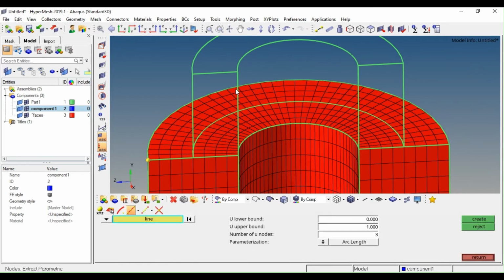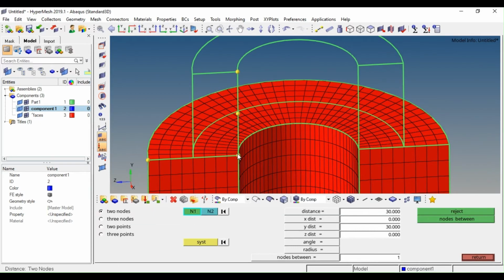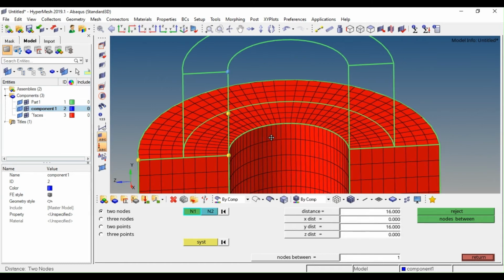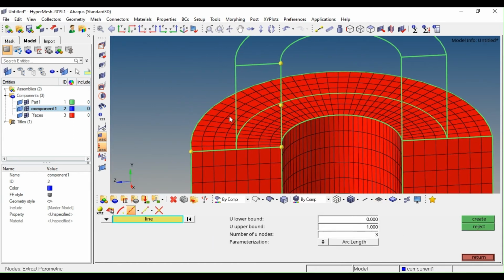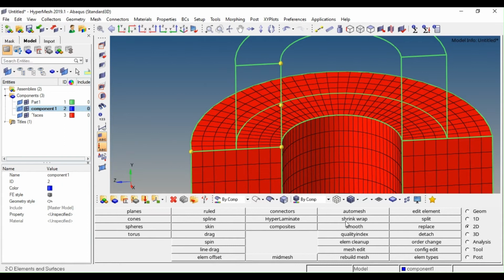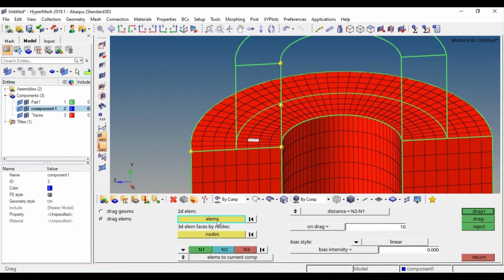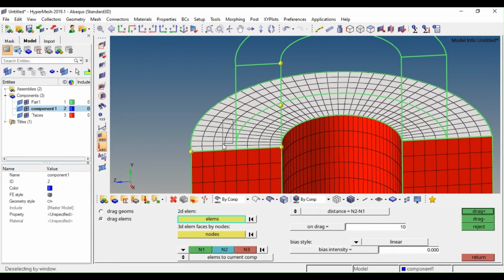Before that, I just need some nodes here again, and I will measure this. You know, this is 16, so I want 8 elements here, and I will go to this track, elements by face,